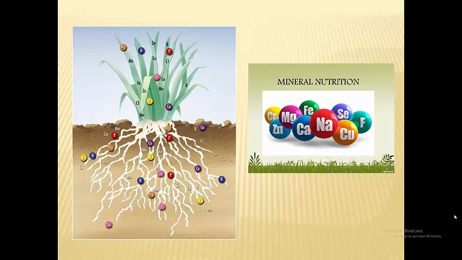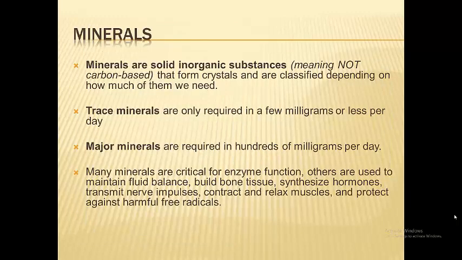So minerals, we're going to do very briefly, and that'll conclude things. I told you before, minerals are of the earth. When you think of the ground, you think of the earth. The earth's crust is made up of minerals, and everything that grows out of the earth therefore contains minerals, and we eat that, or another animal eats it, and we eat the animal, and that's how we get minerals. They are not carbon-based, and they are things that we need more or less of.